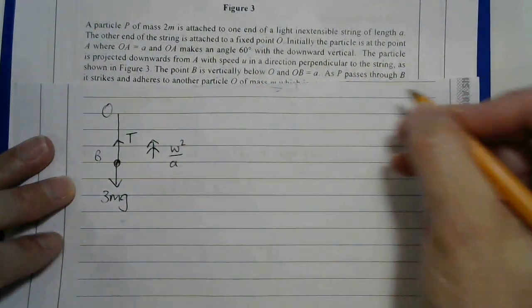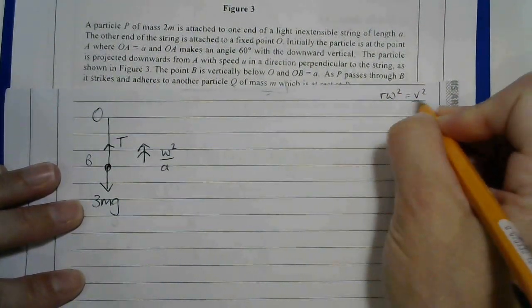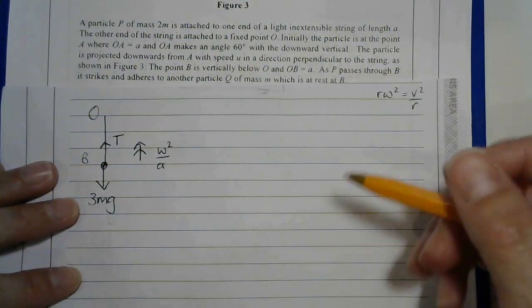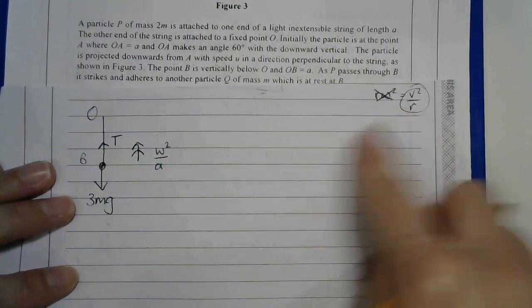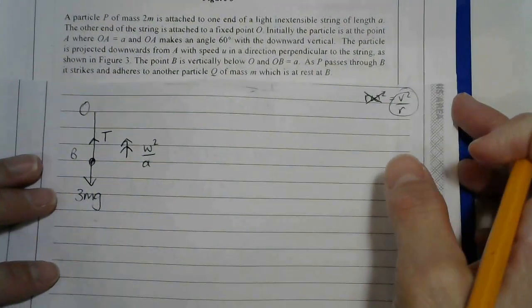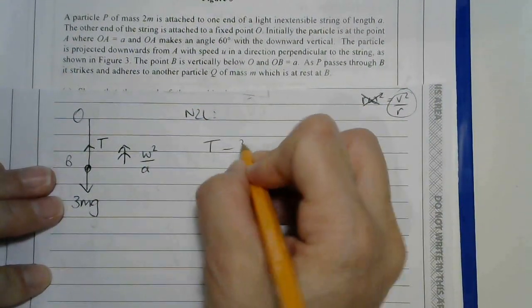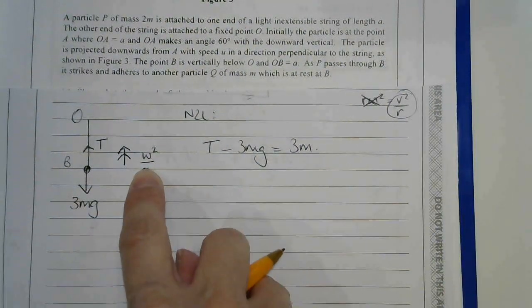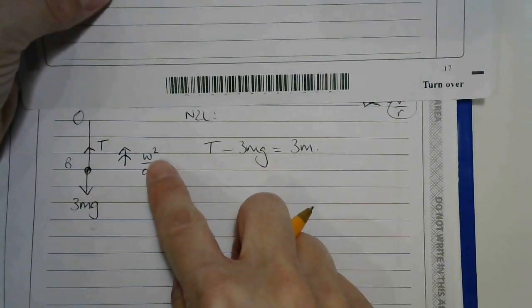So remember, in any circle question you can use r omega squared or v squared over r, and in this case, because we've got the velocity squared, then this is the best choice for the acceleration. So now I can use Newton's second law to write down an equation. So I've got T minus 3mg equals the mass, 3m, times the acceleration. So the acceleration was the speed that I got before, so this thing, squared,